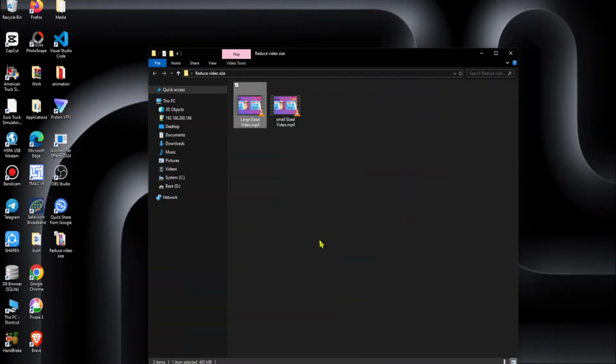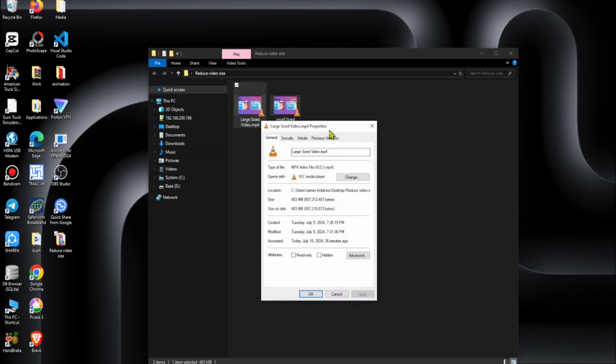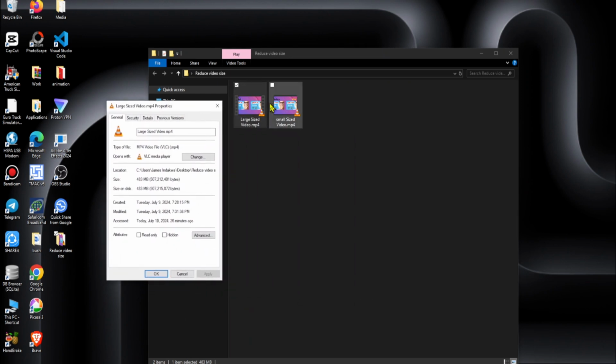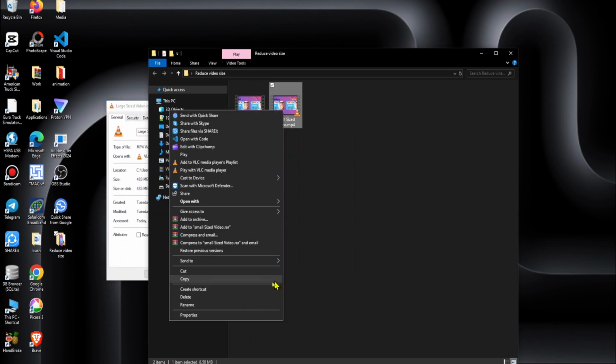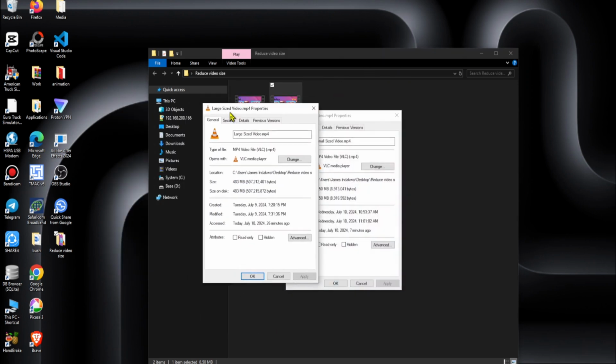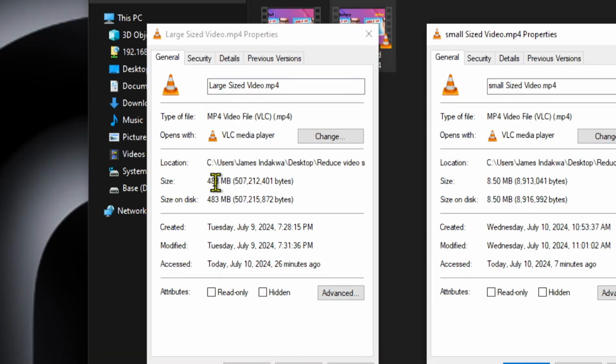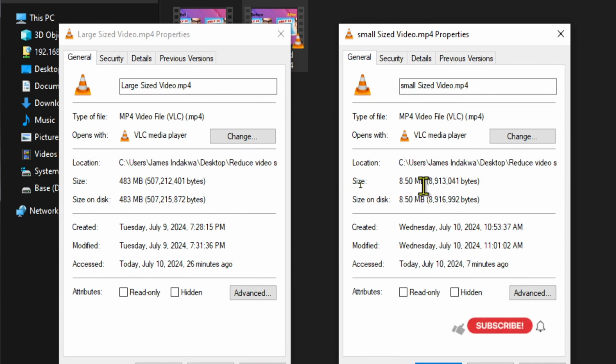So I have the two videos. I want to compare the sizes and see the difference and even the quality. Okay, you can see the property, and for the small sized, let me see the properties. So let's compare the two. We have a video that had taken 483 MBs and is now 8.5 MBs. Imagine, with this amazing tool called